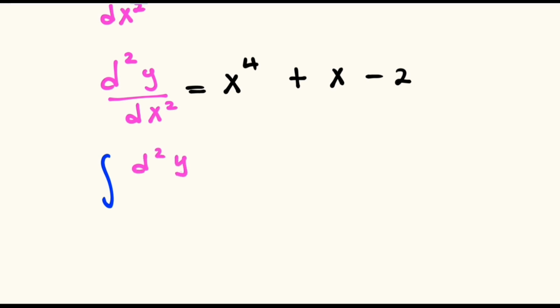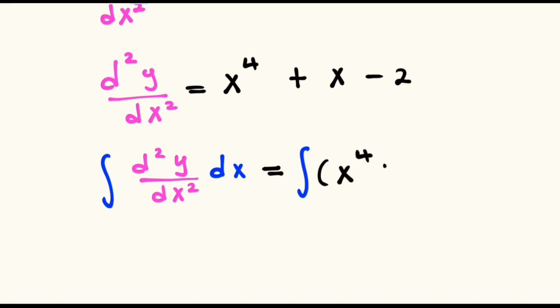On the left hand side, we have the second derivative of y with respect to x, and we are introducing the integral with respect to x, and this will be equal to the integral of x to the power 4 plus x minus 2. We also introduce the dx,